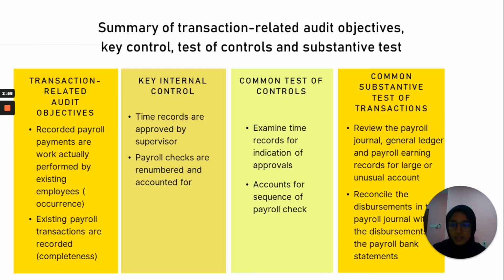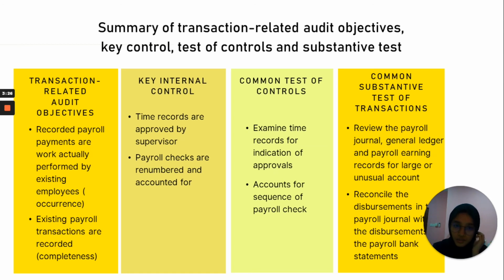The audit objective is to record that payroll payments are for work actually performed by existing employees accurately. The key internal control for it is time records approved by a supervisor. A common test of controls is to examine time records for indications of approval. The common substantive test of transactions is to review the payroll journal, general ledger, and payroll earnings record for large